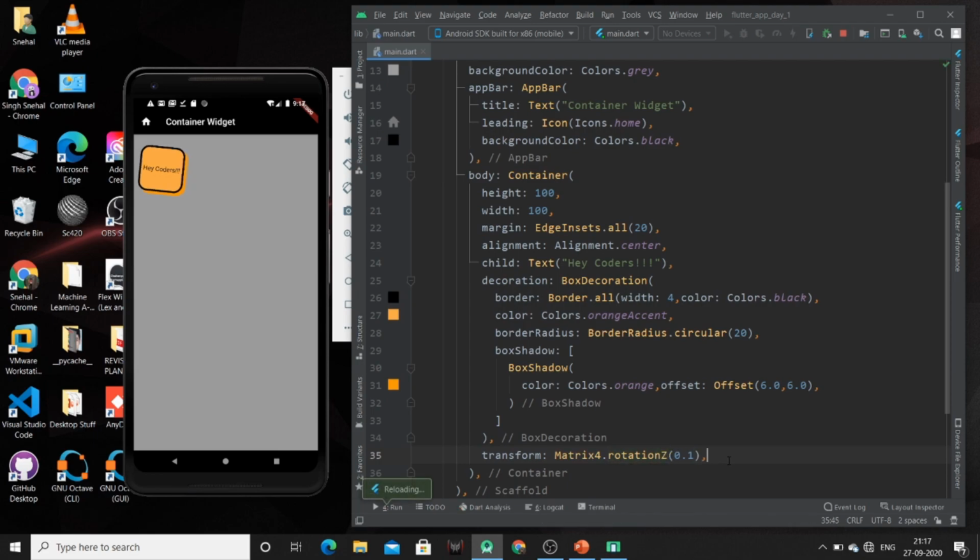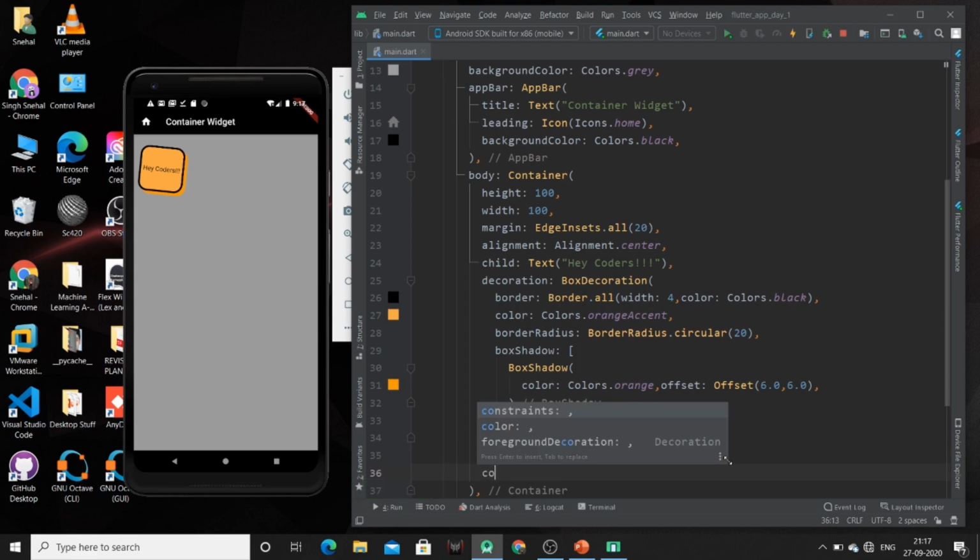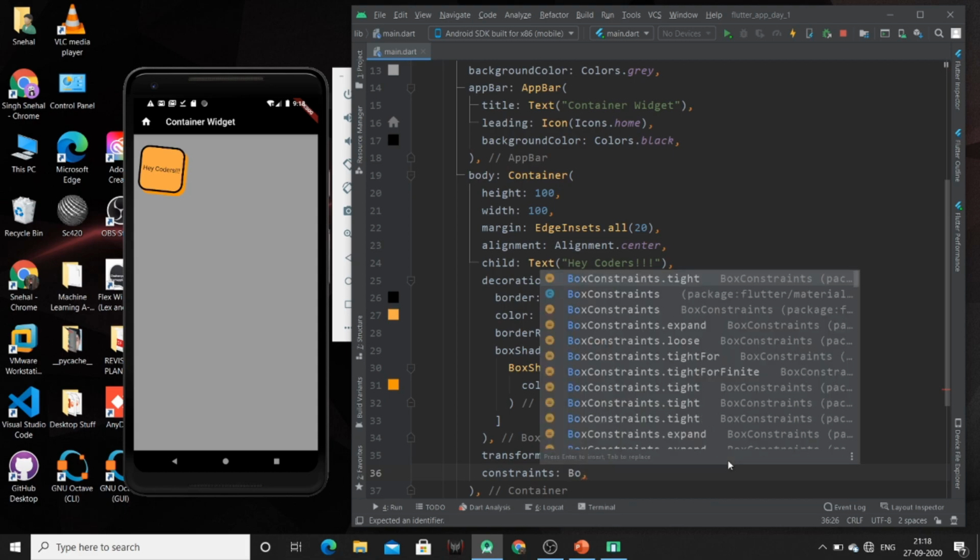Now another property is also there, which is constraints, if you want your container to be tight or in expanded form, then you can use this constraints property. So you can use any of these, which are BoxConstraints or tight, expand, loose, tightFor.